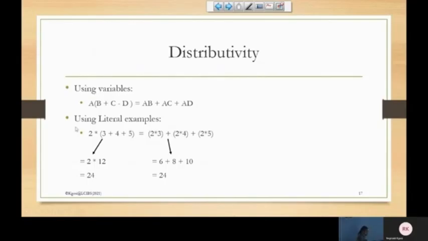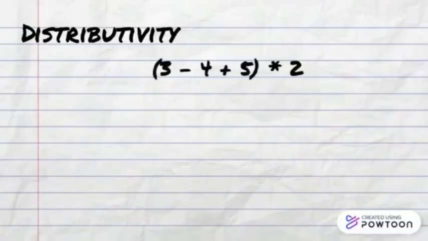So if we take the real life examples with literals, remember, are numerals, numbers, numeric values. So you can have it as 2 times, and then in brackets 3 plus 4 plus 5. If you do it this way, you find that you do the 3 plus 4 plus 5, this gives you 12. So 2 times what was in the brackets there, which is the 12, is 24, using the BODMAS rule,